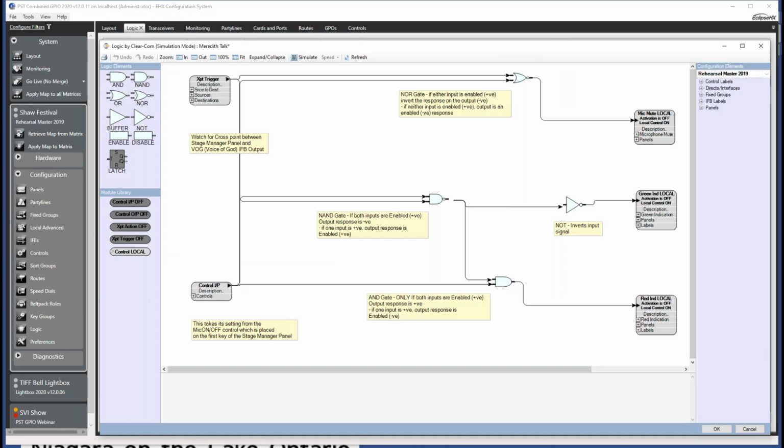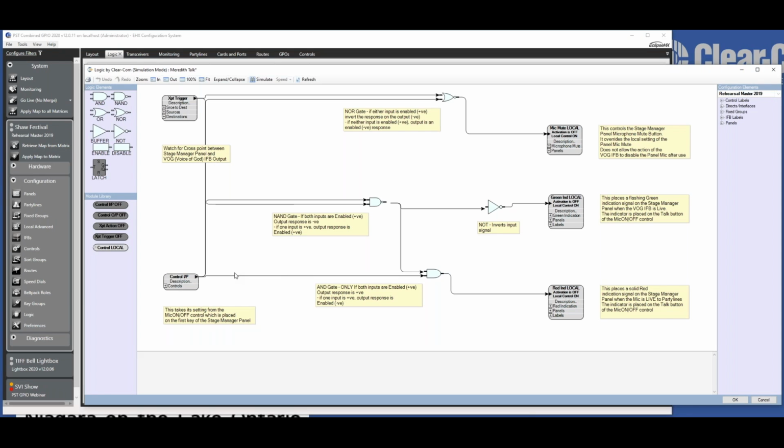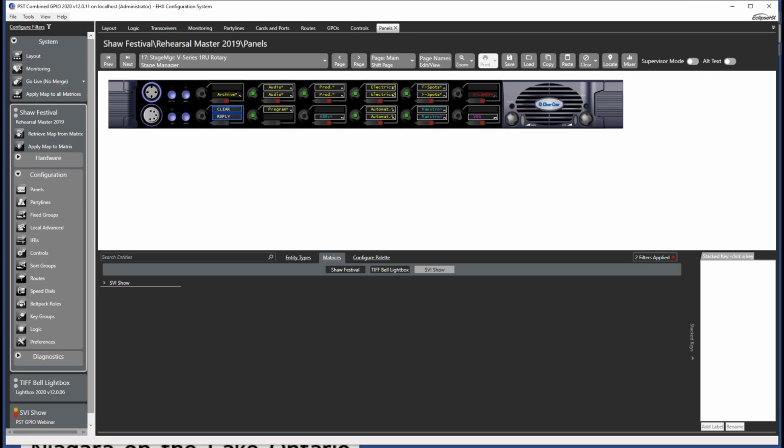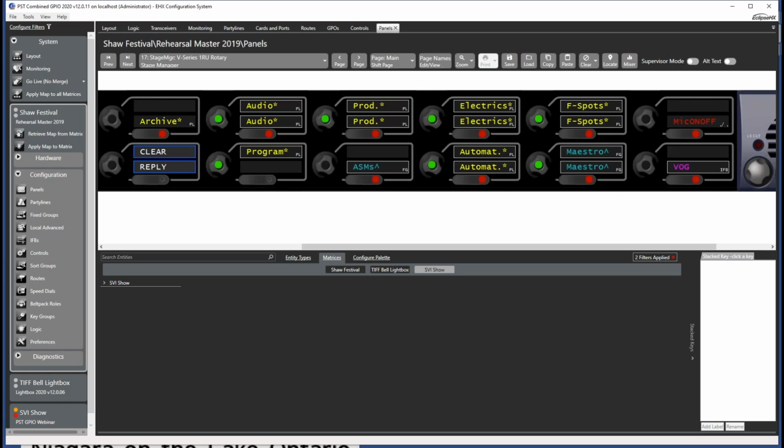What I did here was create a little bit of logic and move the talk key, the panel mute, onto the first key of the panel. I'm going to jump out of this and show you the panel. Let's go to the stage manager panel. Let me zoom in closer to just the keys. It originally started in the top left corner, but in later years it's now in the top right corner, and it is this mic on/off